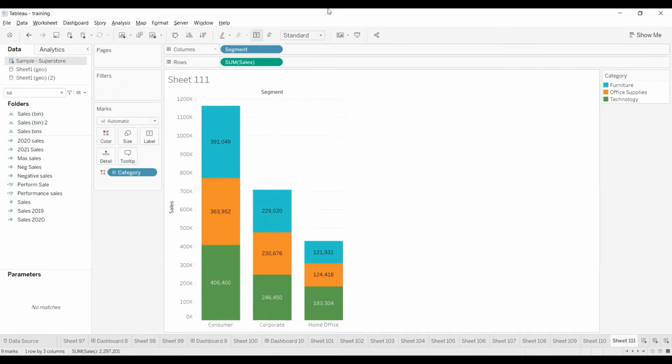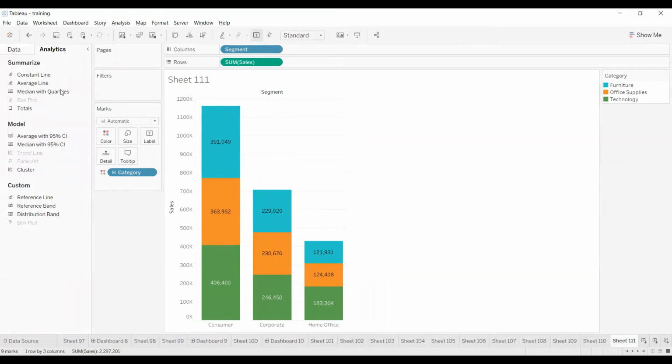To achieve that, first I am going to put the overall sales of each segment on top. To do that, go to the Analytics tab, drag and drop a reference line with respect to cell, because I will show you what exactly happens.